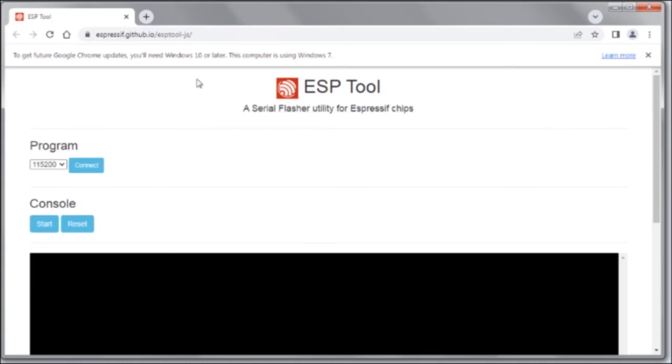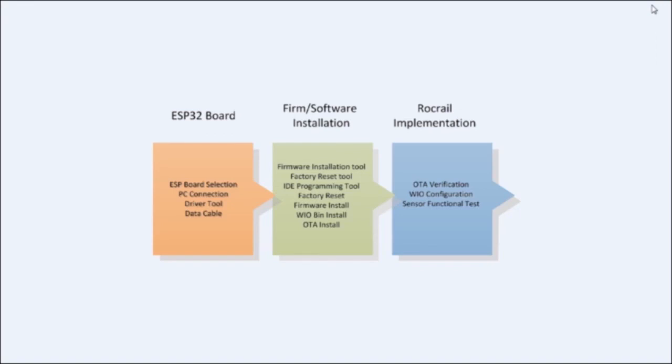So make sure you disconnect, and then what we'll do is close this out. That way we know for sure it's out, and then